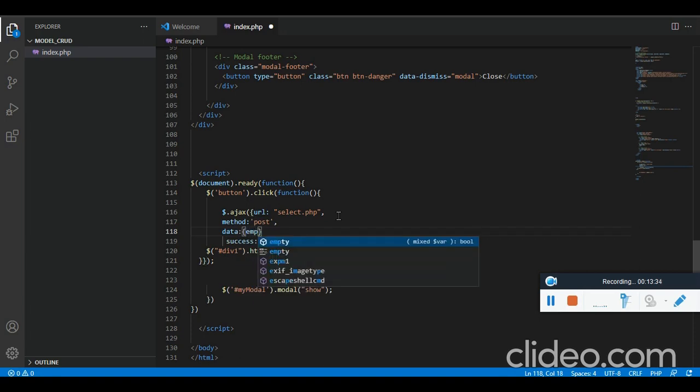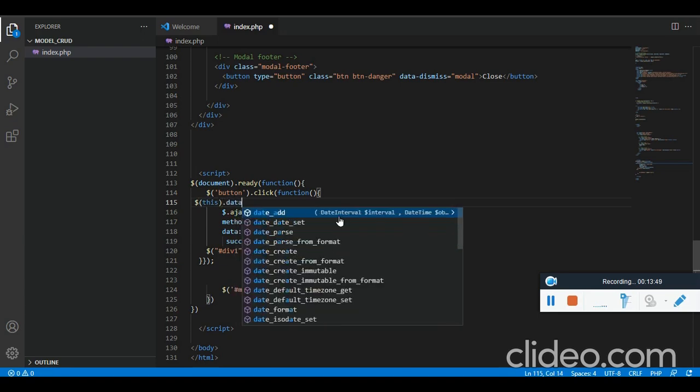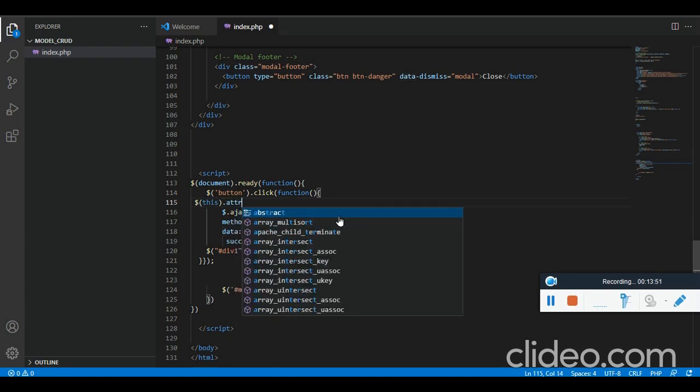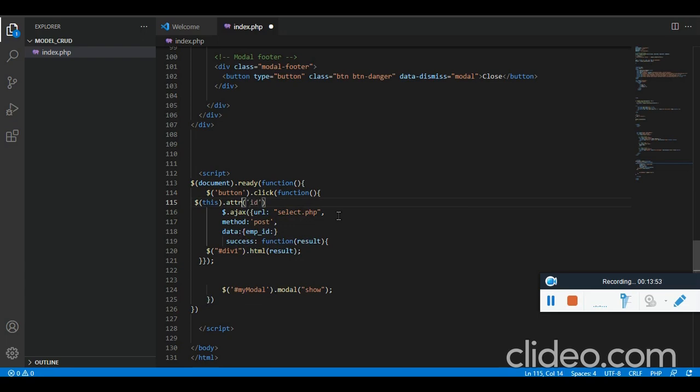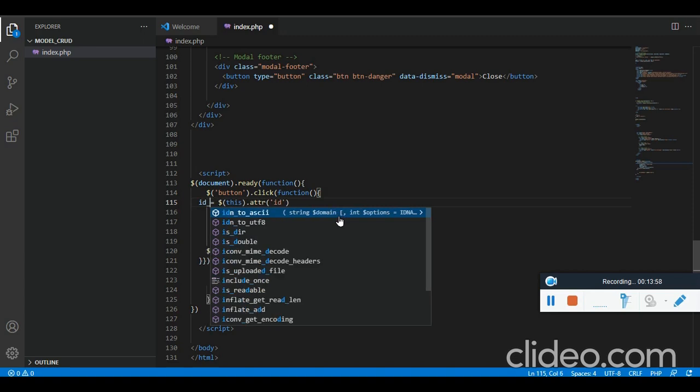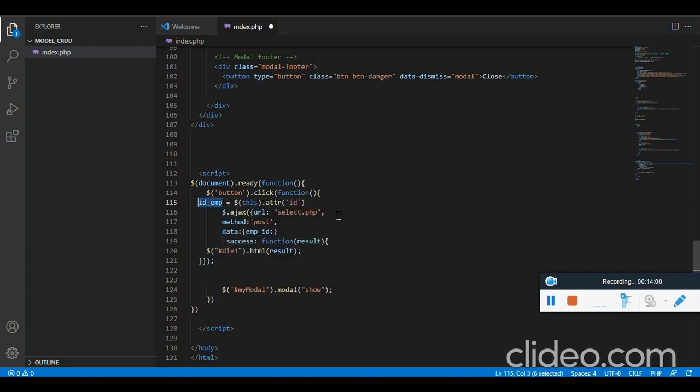Let's call it emp underscore id, and let's get the button. Since this is the button, we can access the button id with this keyword, this dot attribute id, and let's store it as id underscore employee.